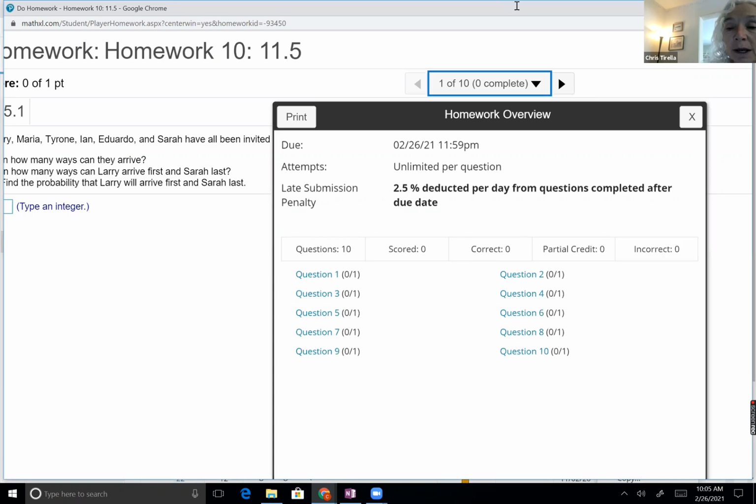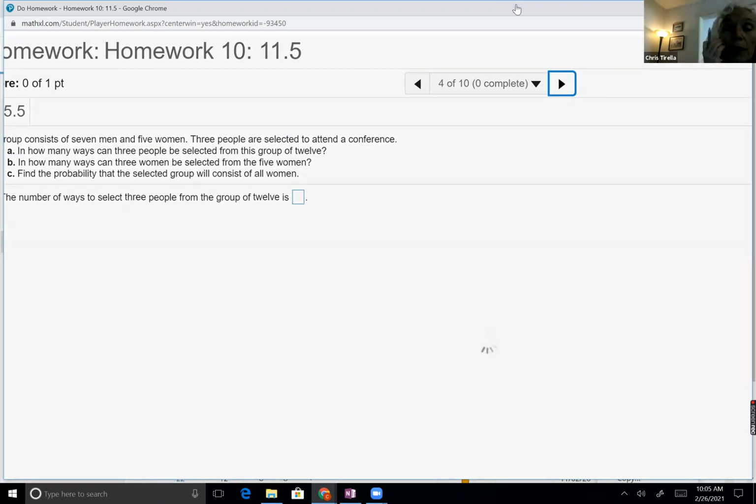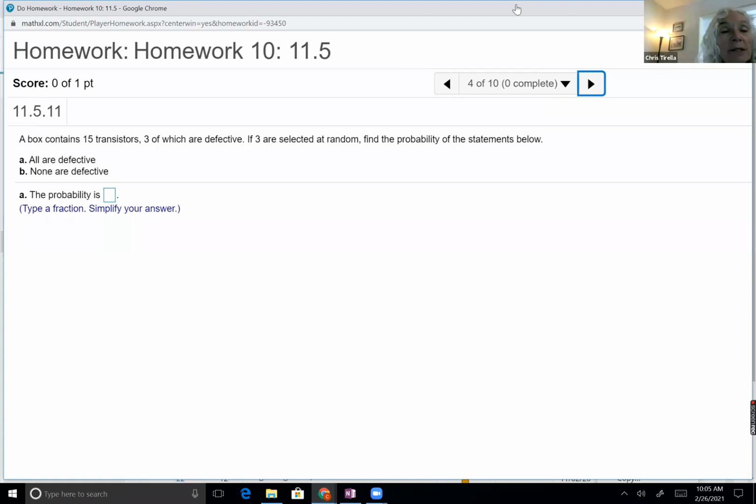Let me try this again. Right now, this touch screen and I are not friends, so we'll just page over. Number 4 says a box contains 15 transistors, 3 of which are defective. If 3 are selected at random, find the probability of the statements below. All are defective. Well, the probability